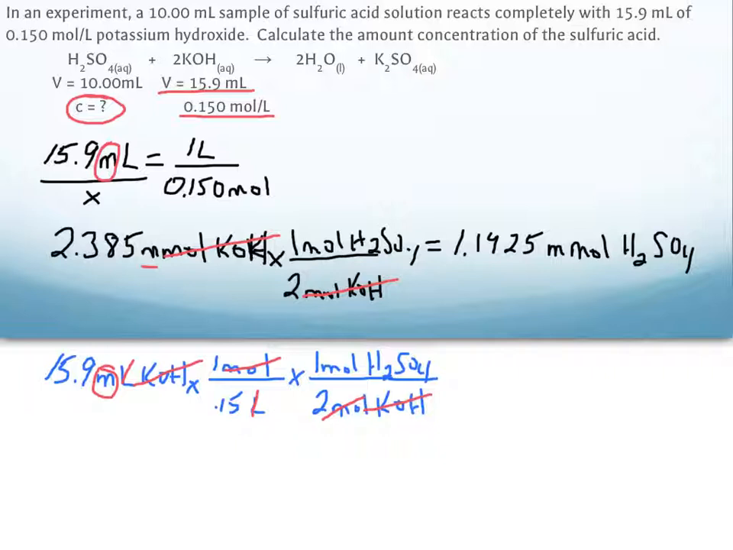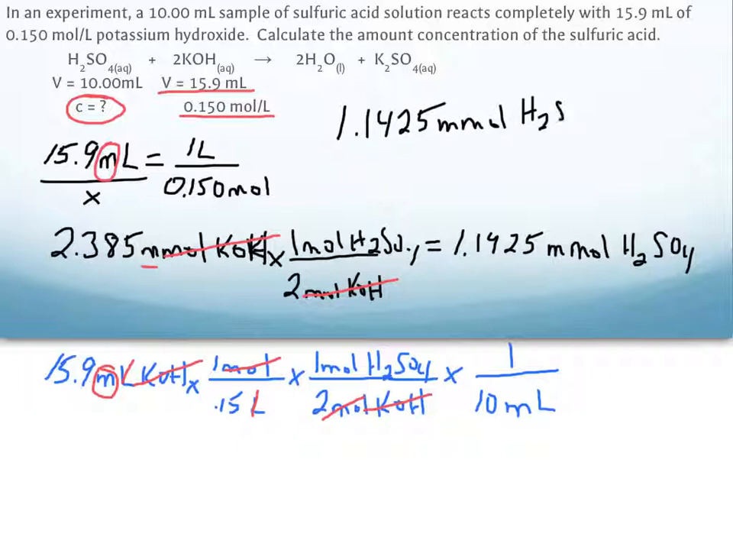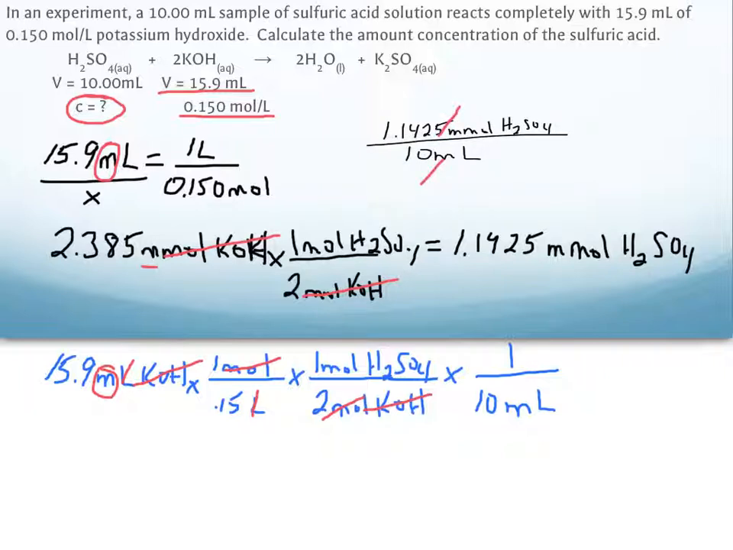Next step is I have to find my question mark. My question mark, I know I want my concentration to be in moles per liter. So in order to put my liters on the bottom, I have to put my 10 milliliters on the bottom. On the top here, I have 1.1925 millimoles of H2SO4, and I know that I have 10 milliliters. And what will happen is I do the math here, my milli and my milli will cancel out, and I have moles per liter. And I get my answer to be 0.119 moles per liter